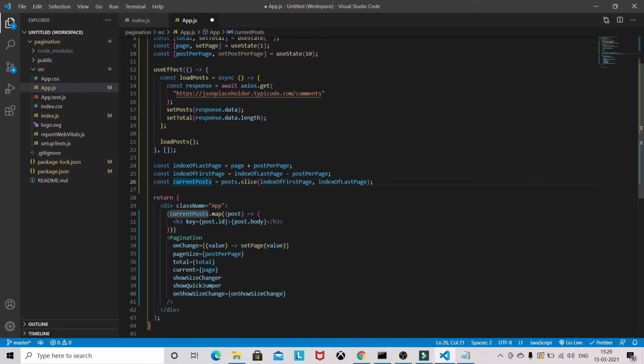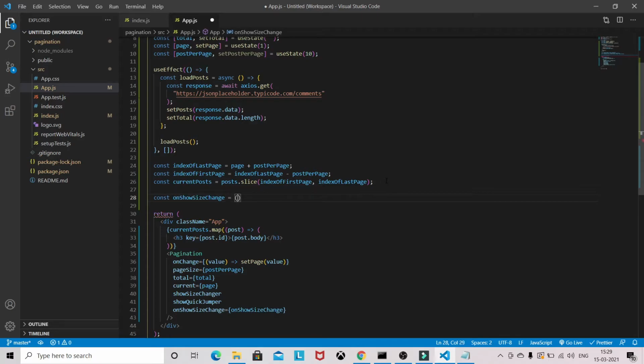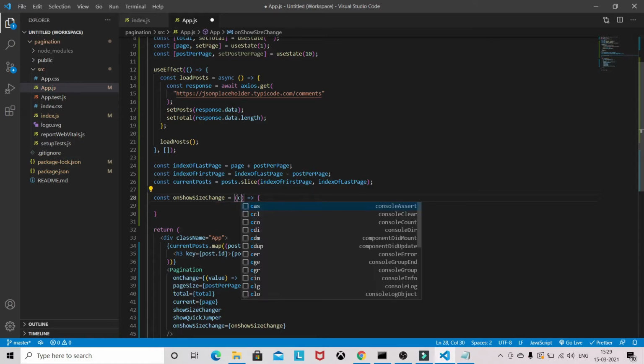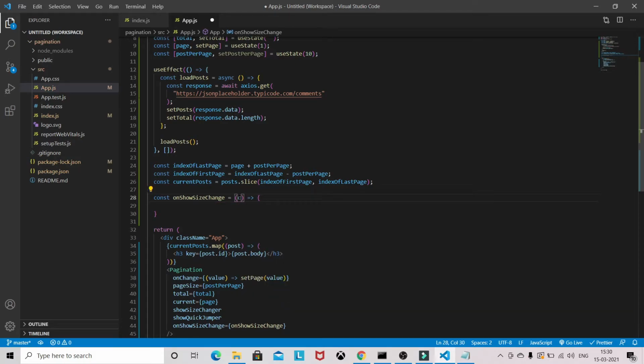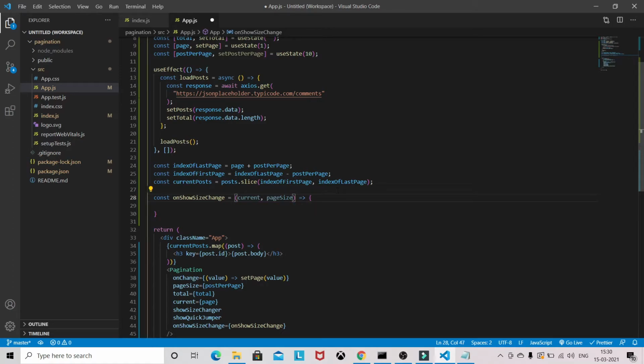This handler basically receives two arguments, current and the page size, and we will use this for setting the state post per page.